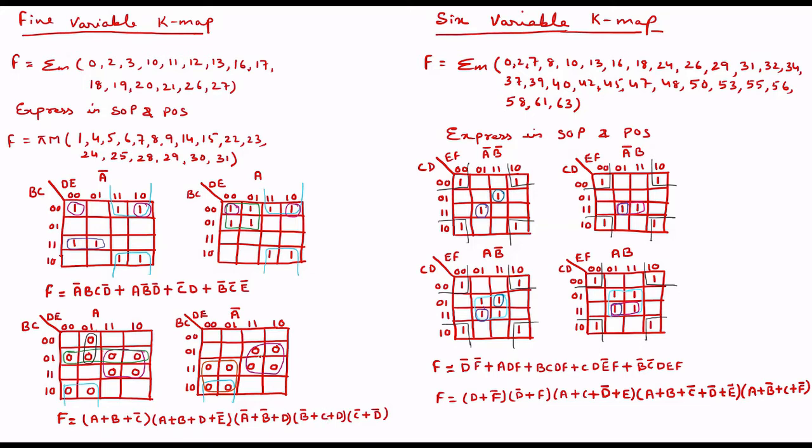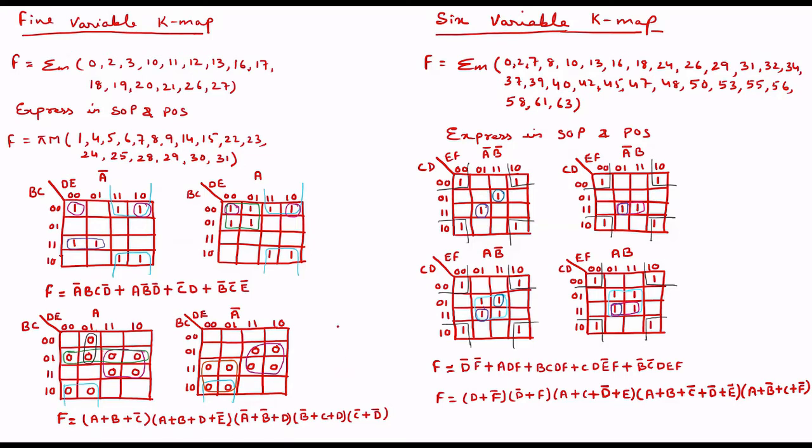Now you see this 4 is overlapping. This pair is not overlapping, so here A will come into the picture. Let us see for this one. This quad is also not overlapping, so here also A will come into the picture. Taking the quad, I'm getting A here, and D will not come because D will change, so I'll be getting A plus B plus C complement for this quad. Accordingly you can find out the other max terms.